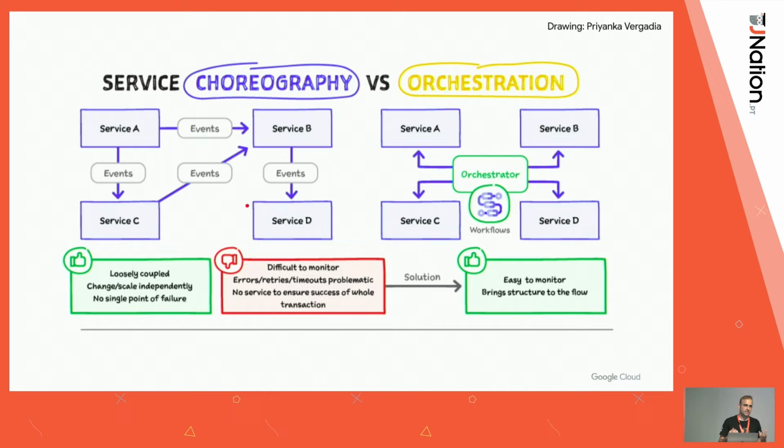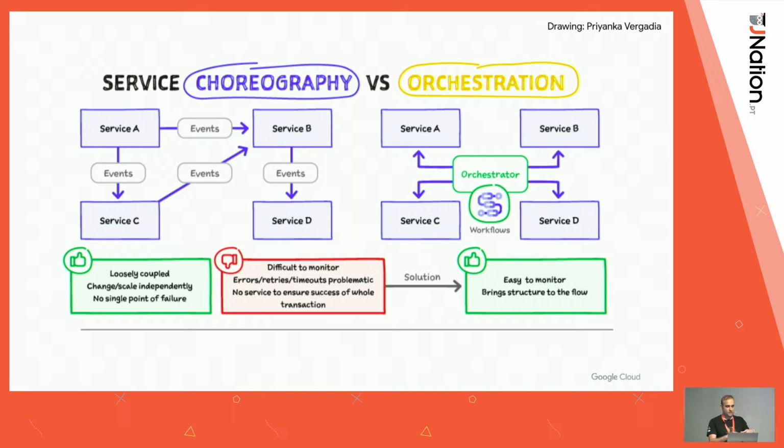So in this event-based model, also known as choreography, you have an event bus in the middle, and the services, when they finish their work, they just send an event to that event bus. So service A finishes its work, it says, finish work A, and that will go to the event bus. And actually, this diagram is a little bit wrong because it implies that service A sends the event to service B. It doesn't really send it to service B. It sends it to the event bus, and the event bus routes that to whoever is interested in that event. So maybe service B is interested, it will get that event, and it will act on it. And when it's finished, it will send another event.